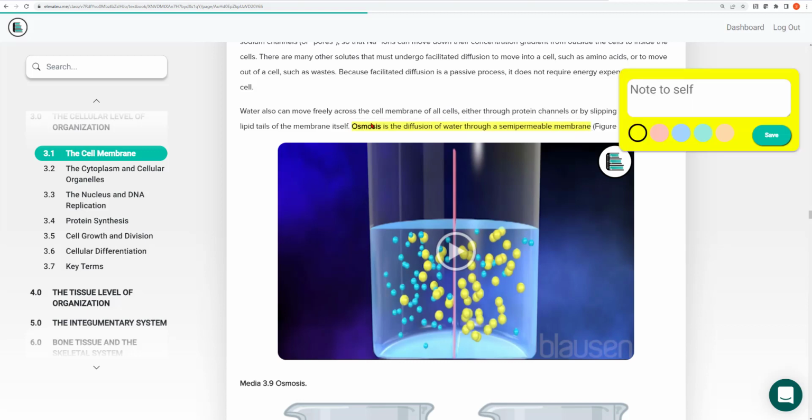That's a definition you memorized in 7th grade. You memorized it again in high school, and here we are again. Osmosis is diffusion of water through a cell membrane. Only water. So whenever a question is describing the movement of water or is describing osmosis, make sure that you're focusing your attention not on the movement of glucose or on other proteins. Make sure you are focusing your attention on the movement of water.